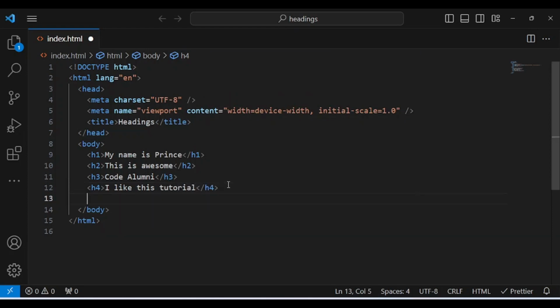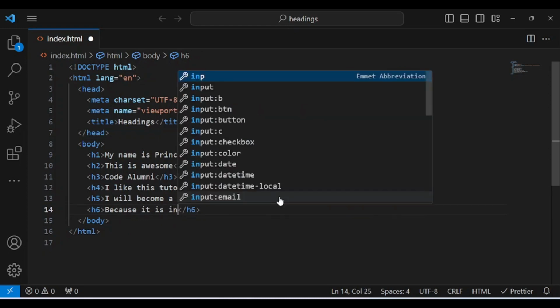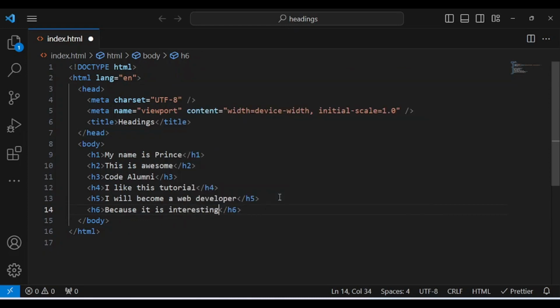and then let's quickly add heading 5 also, which says I will become a web developer. And then heading 6, which is the final one, and it says because it is interesting. Now let's save and see what we have inside a browser. Then after viewing what we have inside a browser, you can quickly tell me the differences. Maybe you should just type it inside the comment section. So before I tell you what the differences are,